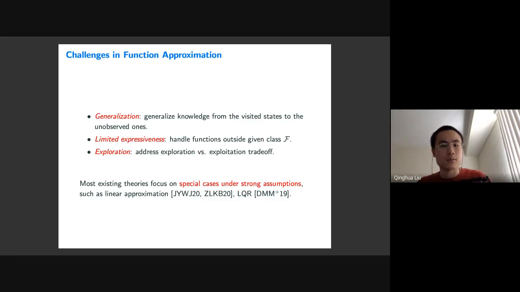But if you think back about supervised learning, which is something we have been studying for decades, we have all kinds of results far beyond the linear setting. We can say as long as the function class has some low complexity measure, for example, low VC dimension, or low Rademacher complexity, or low Littlestone dimension for the online setting, then we can just learn it by some simple algorithm, for example, empirical risk minimization. And we only need to pay some vanishing generalization error. So there is a huge gap between what we know in reinforcement learning and what we have in supervised learning.